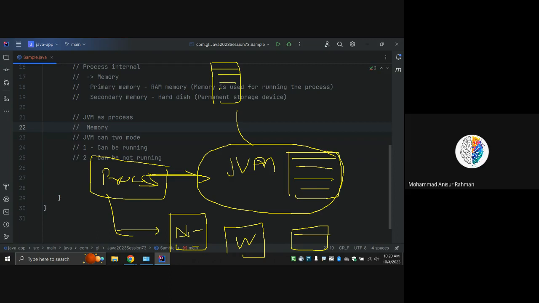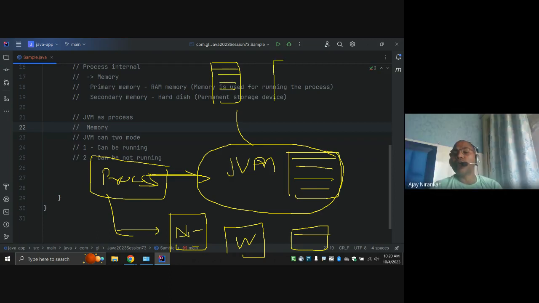Sequence flow means that to meet some business requirement, you have to write line one, line two, line three, line four, line five. This one specific sequence of execution you can call a thread. So this is one thread, or another thread, or another thread.